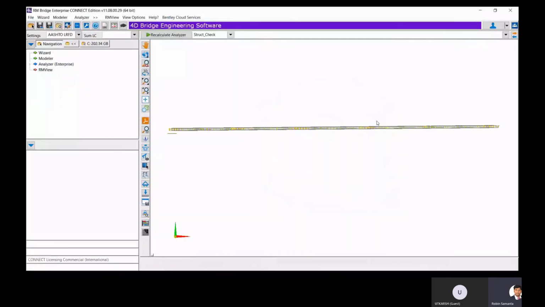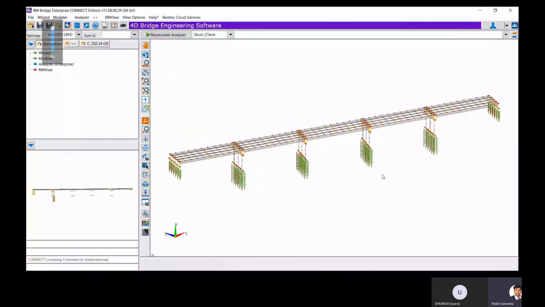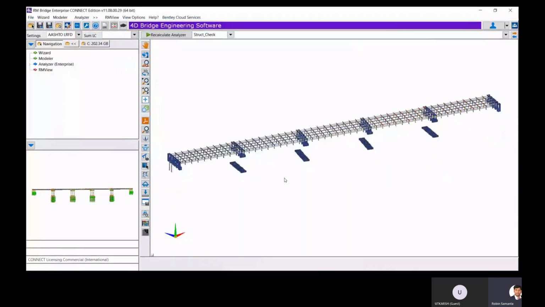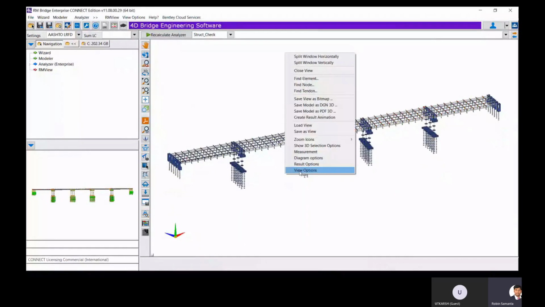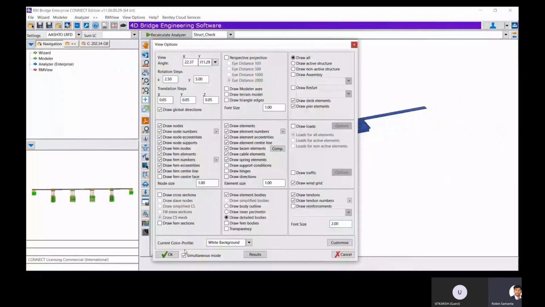And then once it transfers the model here in RM, you can apply the loading, and then you can analyze this model. And again, if there are changes coming from the design, you can update that and send it back to the 3D model. And thank you very much for your attention on this. Thank you once again.